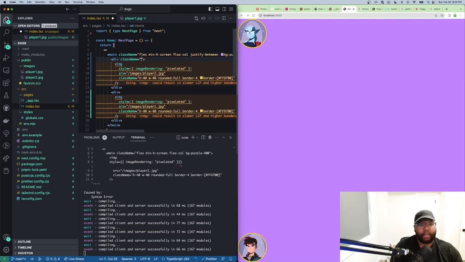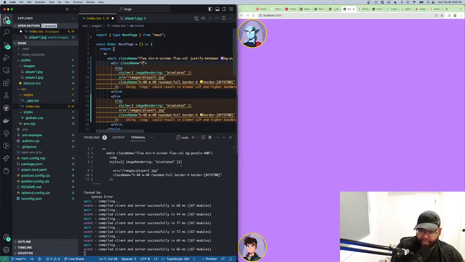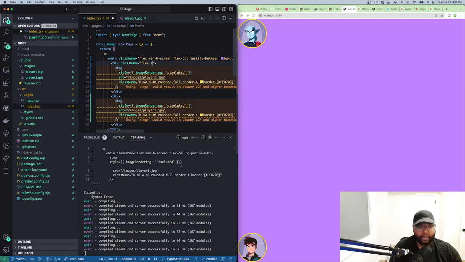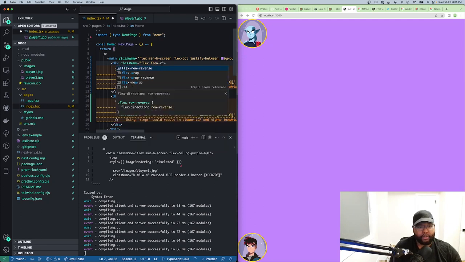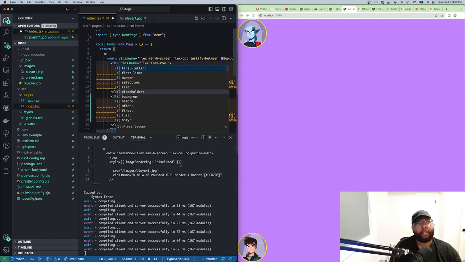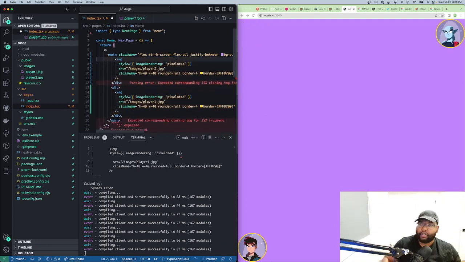And then what I can do for the one at the top, I can make that a flexbox. Oh, this is not Bootstrap. It's Tailwind. And then flex, this will be a row. Flexbox is a row by default, so I don't need to specify that, but I can still do it to show you what it might look like. And then I want it on the other side, so I can say justify end, and then boom, I got my start character and my